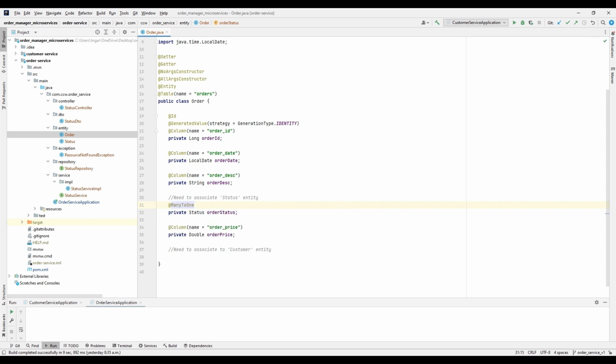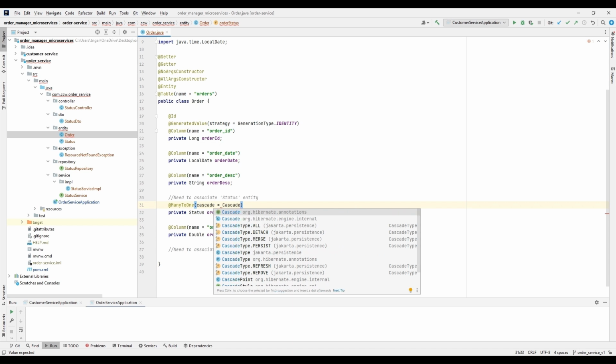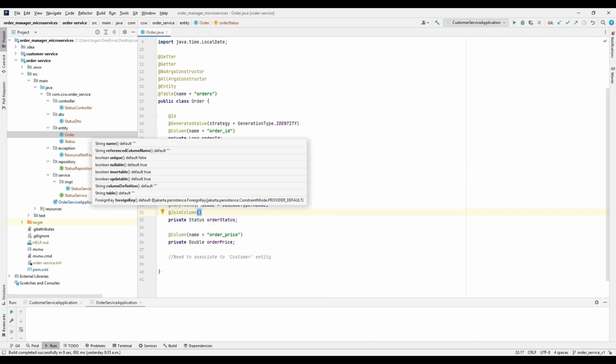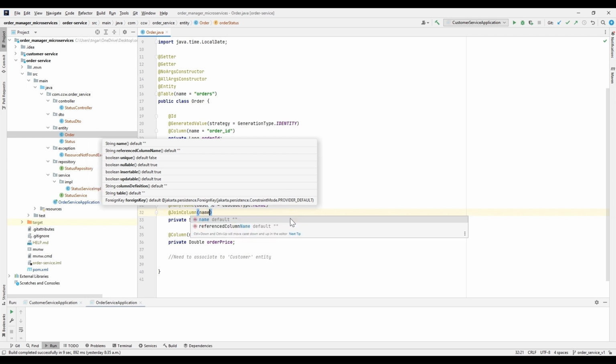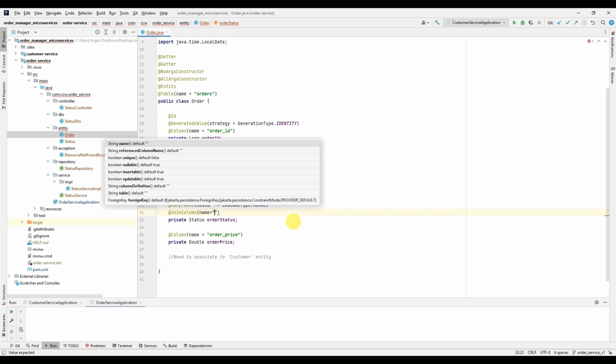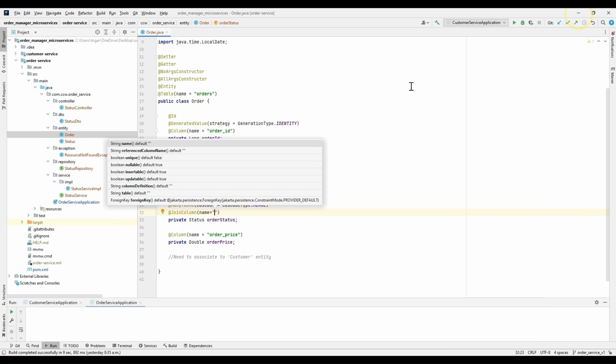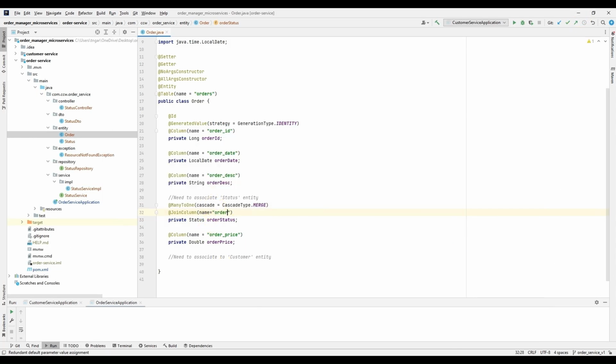And I can annotate it with the many to one annotation in the order entity, because we have that many to one relationship in the order side, many orders can have one status. So that's indicated by the at many to one annotation. I'm going to give the cascade as cascade type merge for now, and at join column annotation we can give the name of the column of this side first. With the name I can give order underscore status,